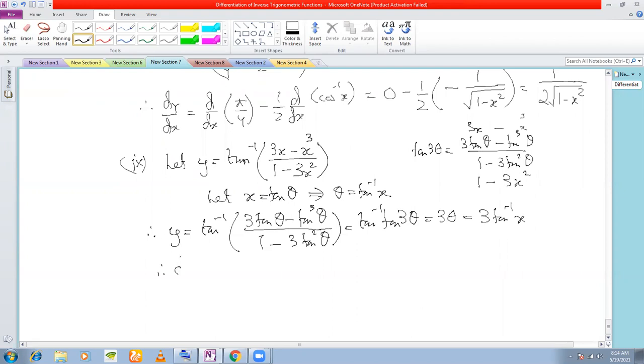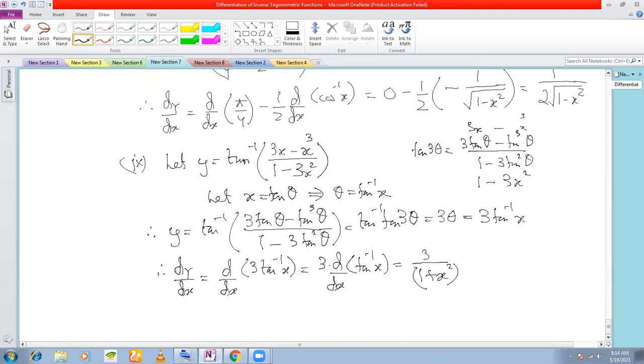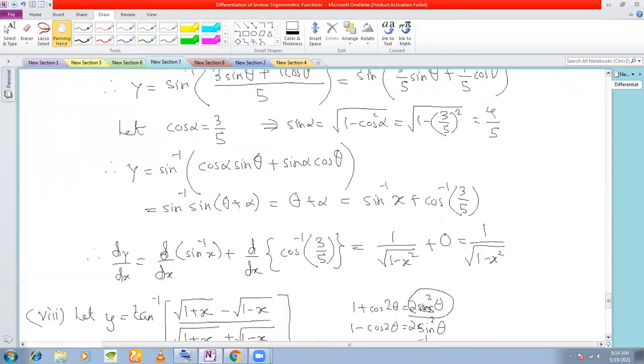Therefore, dy dx is d dx of 3 tan inverse x, which is 3 d dx tan inverse x, and d dx tan inverse x is 1 by 1 plus x squared. Answer is 3 by 1 plus x squared. Proceeding to the next one,